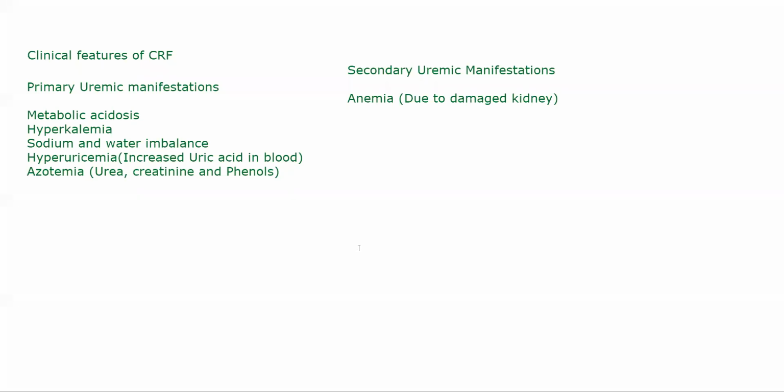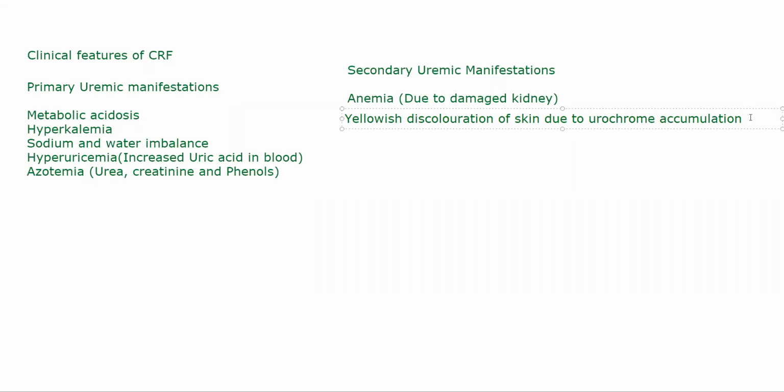Now, coming back to this, jaundice is not occurring in the patient. They will not show any liver problems. But what is happening here? Because urobilin is accumulating in their body, they will start showing yellowish discoloration of skin due to urochrome. Urochrome is also called urobilin accumulation. Normally it should be excreted out in urine. It is not being done in chronic renal failure. That is the second manifestation.